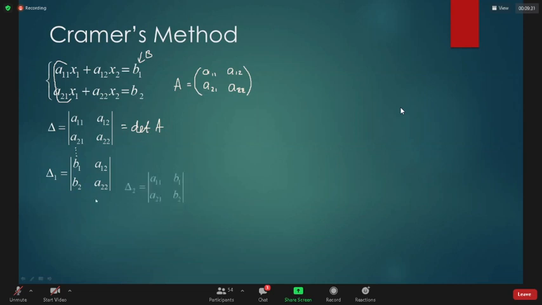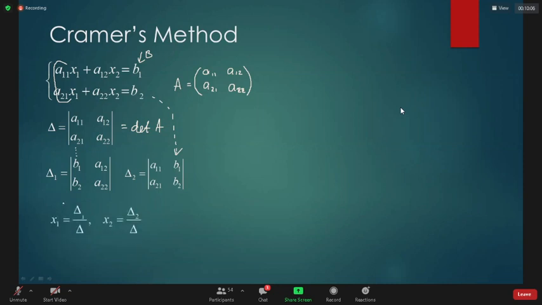And similarly, we make another determinant. So now we have two determinants, three determinants actually. We make a third determinant where we substitute the same B column, but this time for the second column of coefficients, so for A12, A22, in the main determinant. So now we have three different determinants, and interestingly enough,